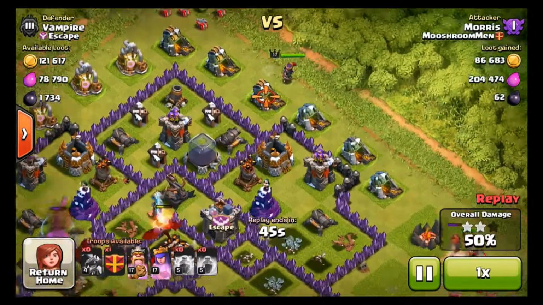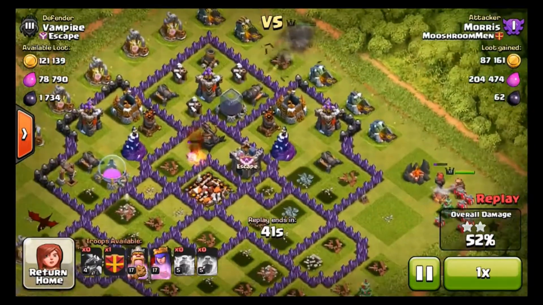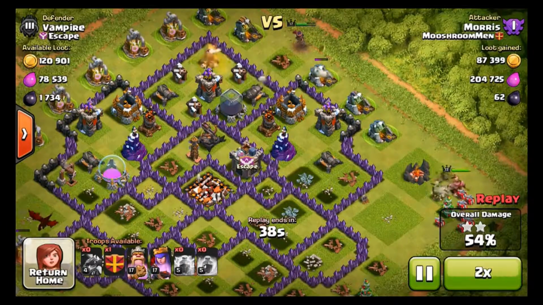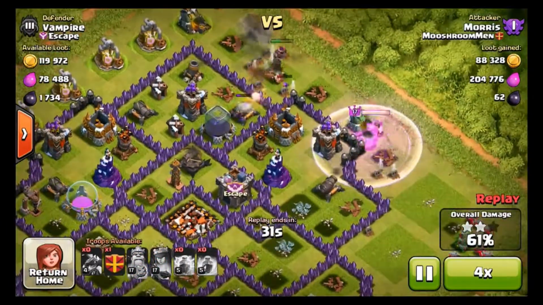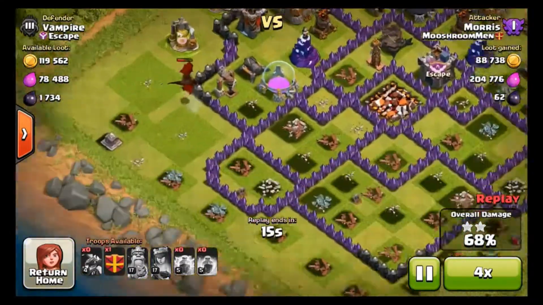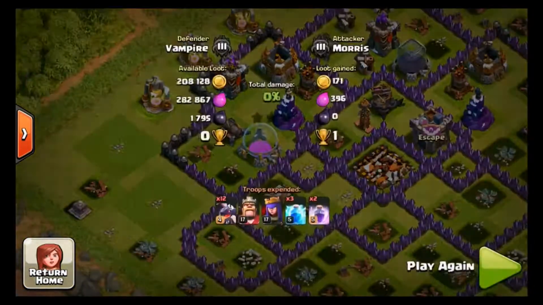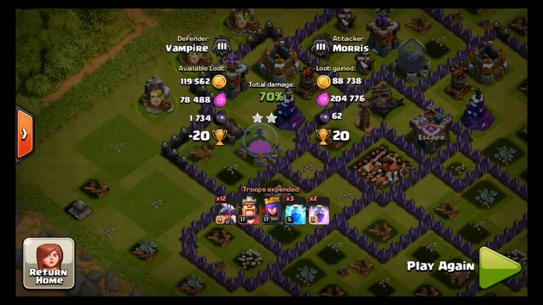And then another stupid mistake. I dropped my Archer Queen up here, and she's basically just going to get taken out really fast. So I'll fast forward. They're just trying to do their thing, and they go down pretty quickly. Then we have this one last dragon left, and he basically carries out the rest of the raid, and I get a 70%